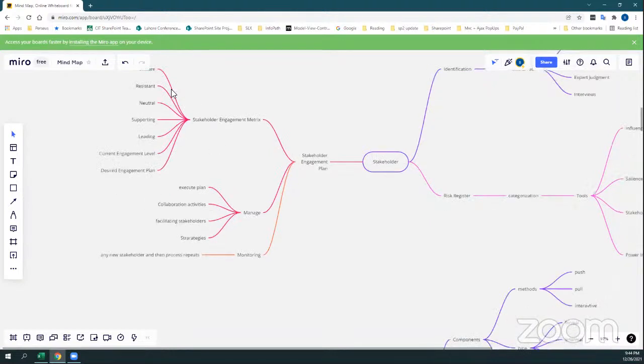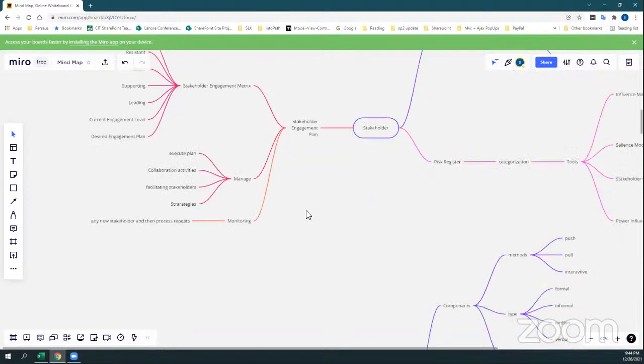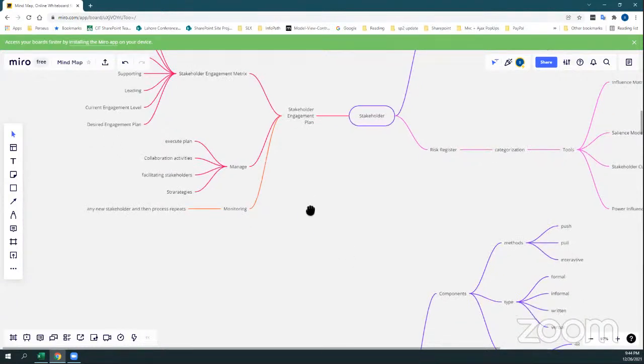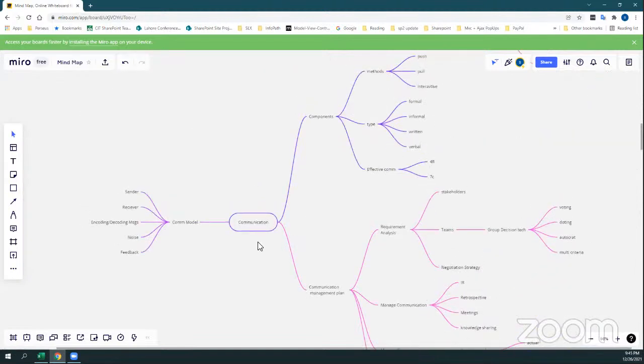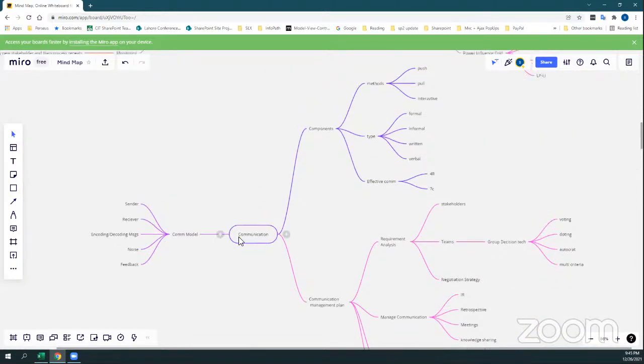In stakeholder management, we execute the plan. We plan different collaboration activities. We facilitate the stakeholders, we manage the team, and we develop the strategies. And then we have the monitoring. If any new stakeholders appear or anything changes, then we have to repeat the process. The next one we have is the communication model, where we have a sender and a receiver,